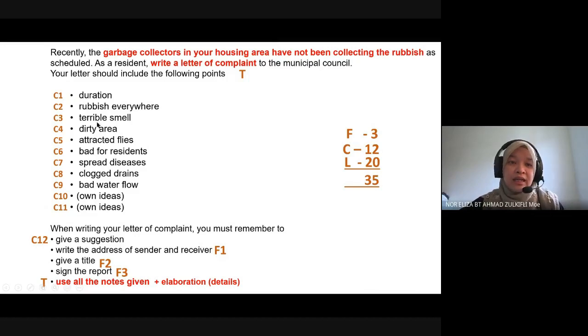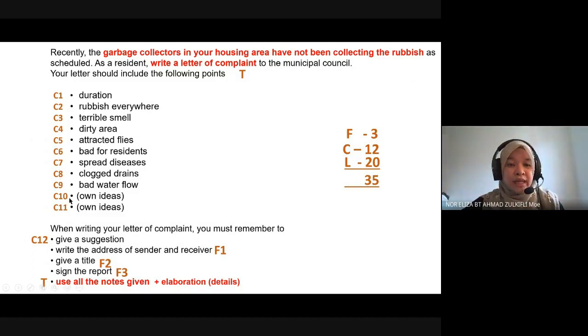You only highlight this, highlight that, and this, meaning that you may not remember that you have missed out content point number 4. You may miss out content point number 7. So it's good that you label your content points so that you will not miss any of it. So here I have labeled an example for you, content point number 1 until content point number 9.